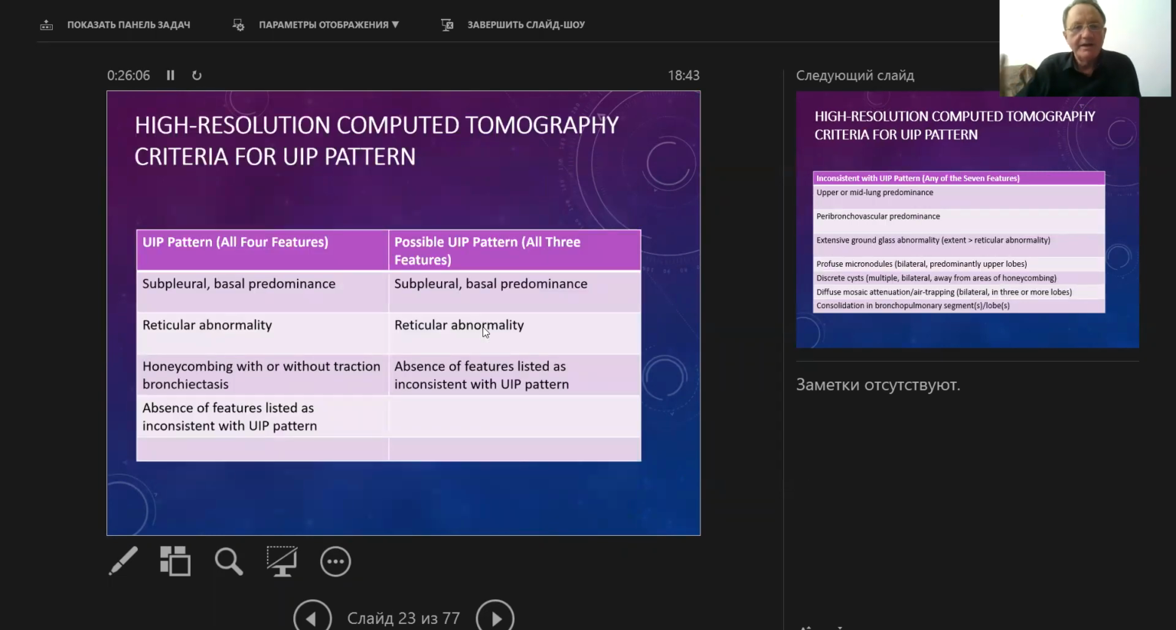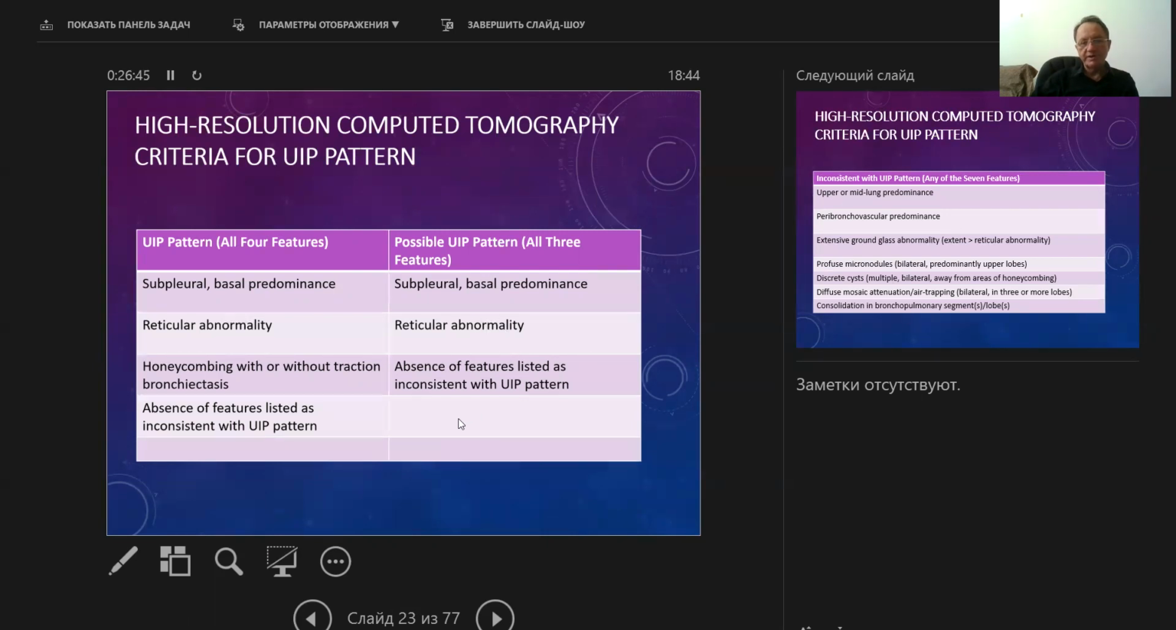But typically, the usual interstitial pneumonia pattern is a subpleural and basal predominance of these reticular and honeycombing changes, reticular abnormality. Honeycombing with or without traction bronchiectasis due to the scarring process. It leads to dilation of the bronchi, bronchioles, and absence of features listed as inconsistent with